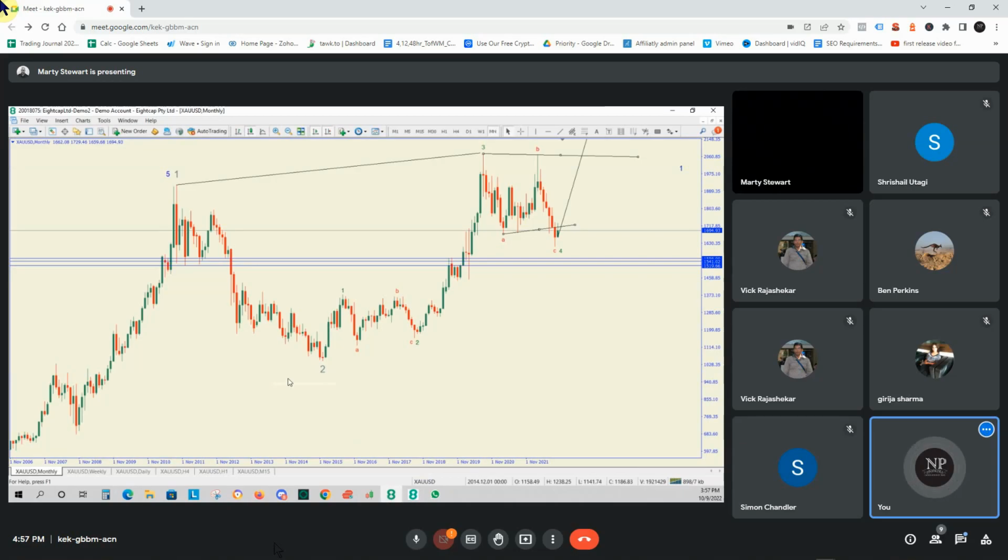If you go, 3 and B is not a double top, because B is less than 3, if you can see that. As Marty said, we say that the B class double top is similar or the same, it cannot be lower. In this case we can clearly see the swing high at the red B is lower than the swing high at 3. What Marty did with 1 2 3 was correct, but that neckline was not broken. Now 3 to B is not a double top in our analysis, in our understanding. That's why we cannot have a neckline.